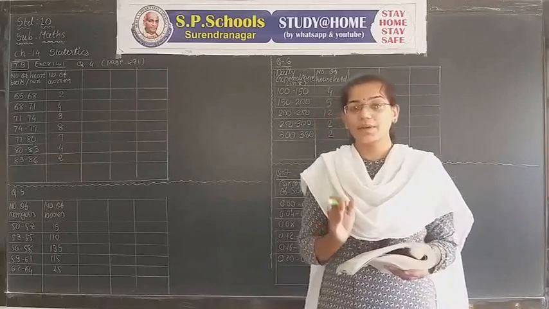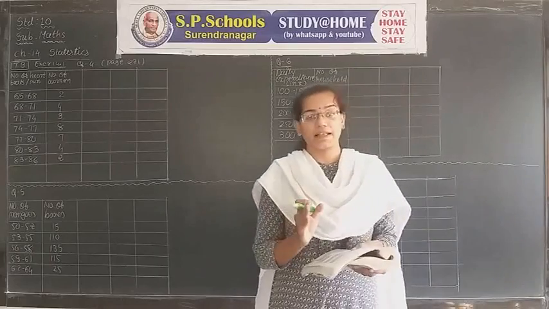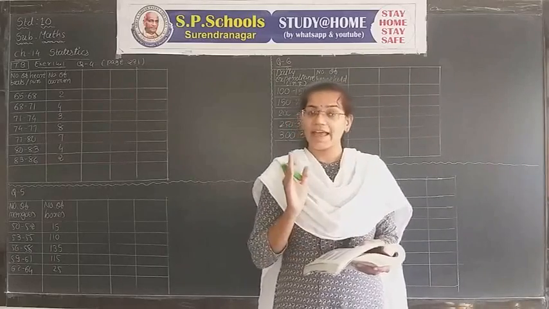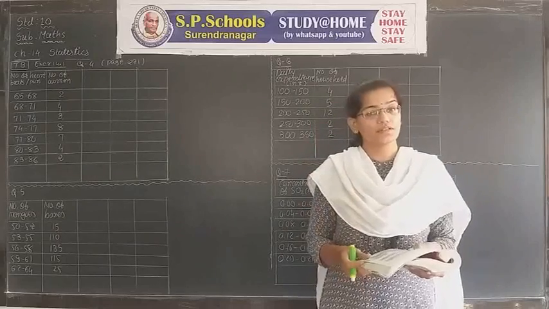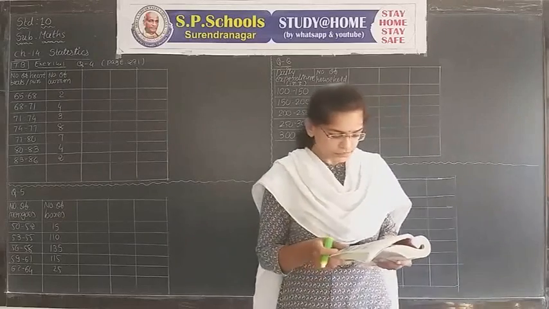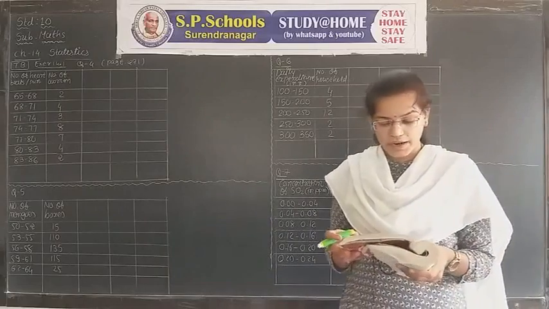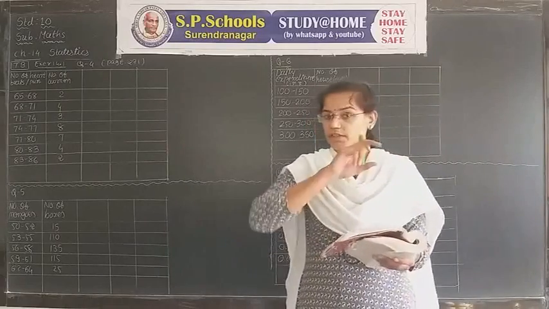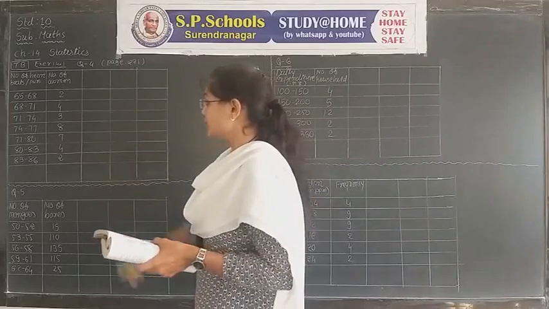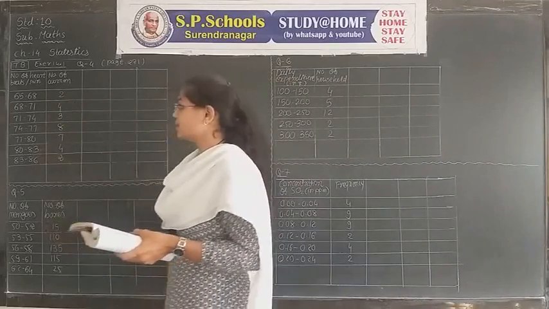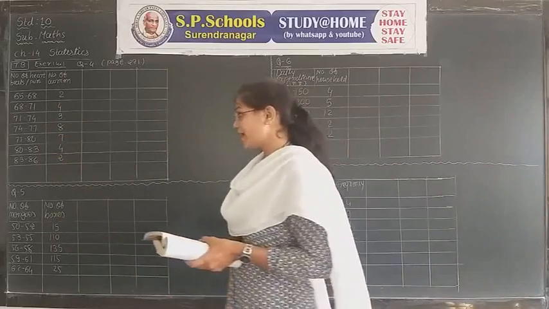But if the numerical class interval, lower limit and upper limit, as well as the frequency are too high, too large, then use the step deviation method. Here the number of heartbeats per minute and the number of women, the horizontal table is given. Here the vertical table is drawn. The first column is number of heartbeats per minute, meaning the class interval.